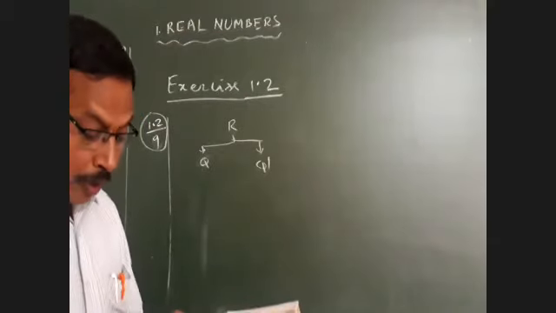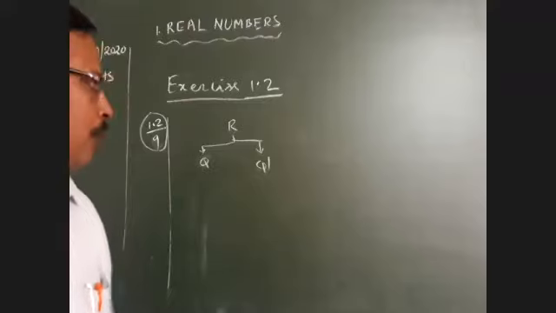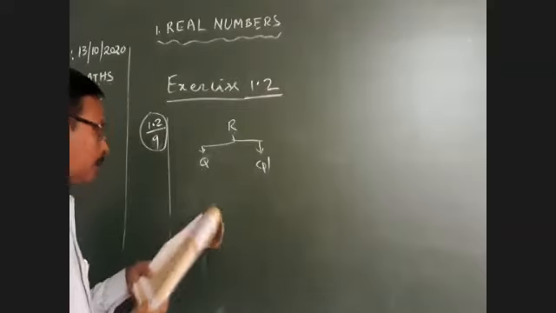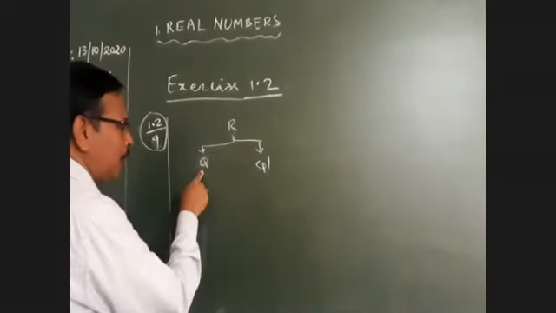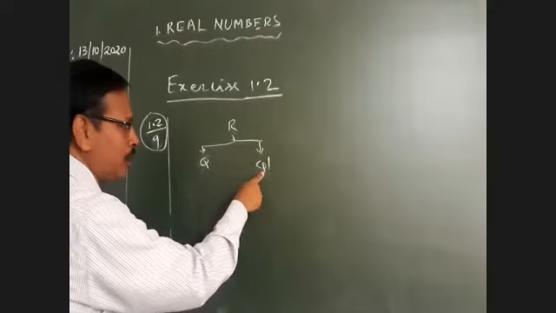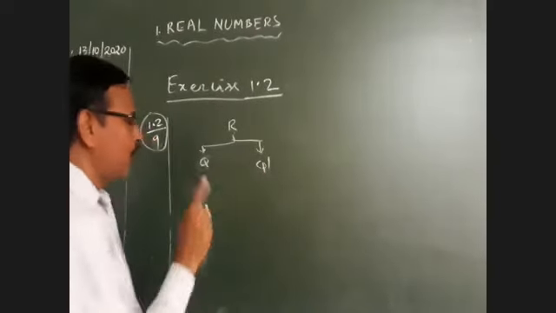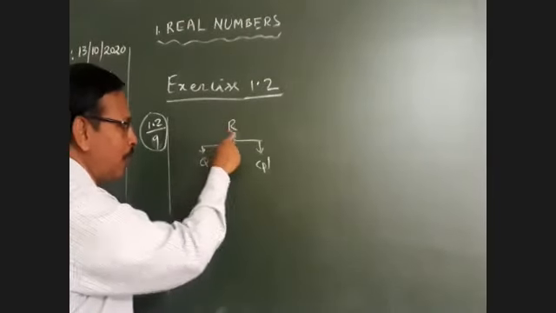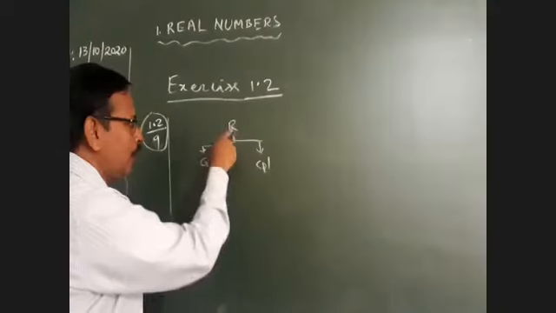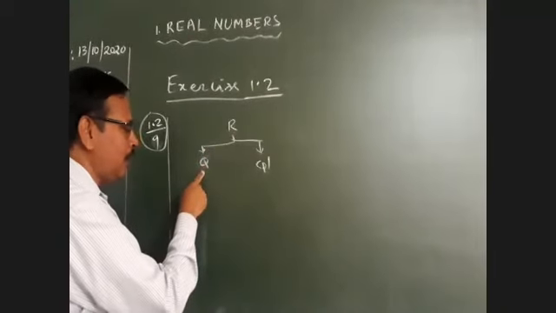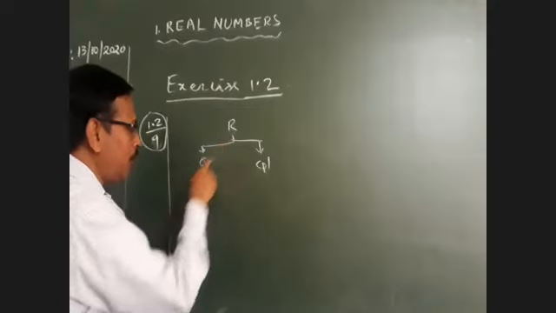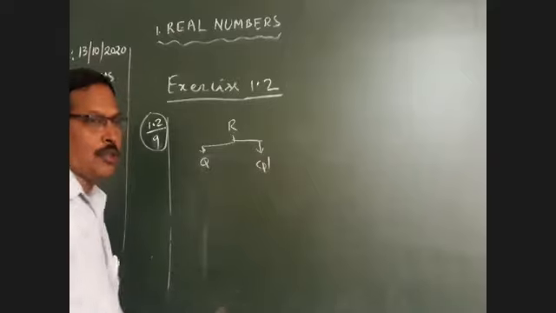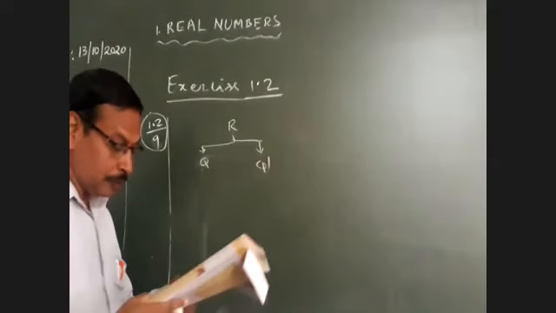Now, every real number need not be a rational number. Yes, correct. Every real number need not be a rational number, because among the real numbers there are some irrational numbers also. This is a very important point; we always get confused. Every real number need not be rational, and also need not be irrational. Why? Because real is divided into rational and irrational. If it is not rational, then it may be irrational. This is also important. So the given statement is false.